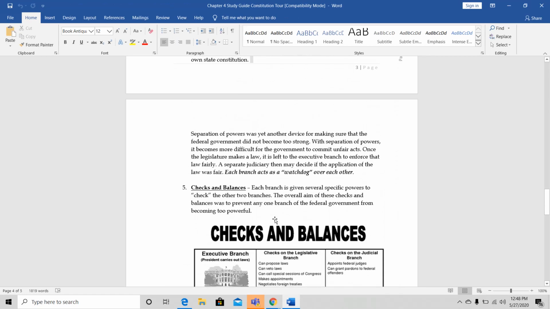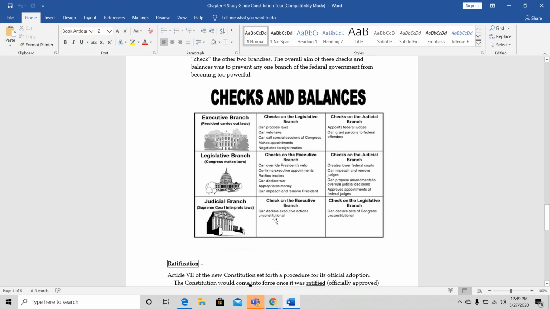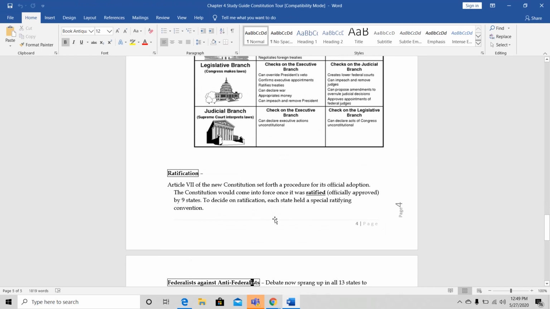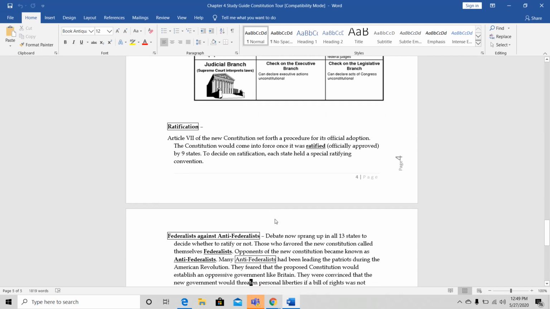So the last one right here, guys, is checks and balances. Basically what this is saying is each branch is given several powers essentially to check the other two branches. The overall aim of these is to make sure that one branch isn't too powerful over the other branch. In other words, stay in your lane. Exactly. So, of course, we've got examples, but just a prime example could be that Congress wants to